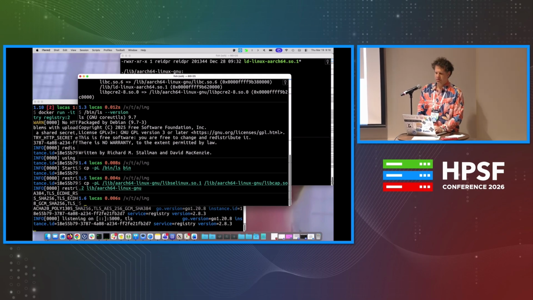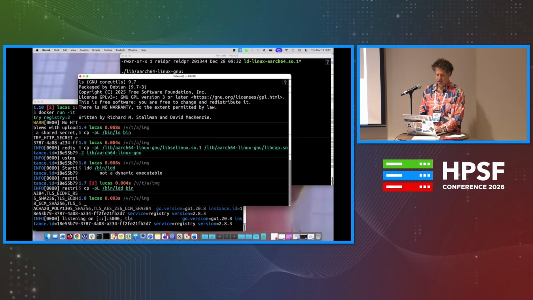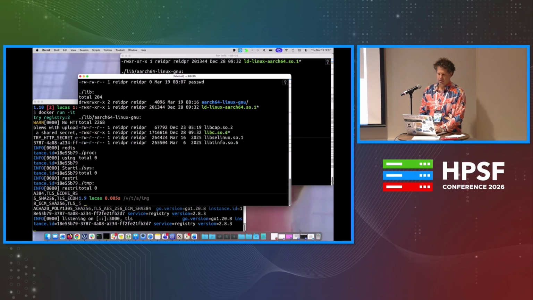Okay, and then some basic debugging tools might be useful. But specifically, what libraries does ldd need, right? Oh, it's not a dynamic executable, which makes sense because if your shared libraries are broken, you want to be able to debug it, right? So that's thoughtful on the part of the Debian people. But let's put that in the image, and that'll help us debug things, possibly. Right. So we'll put that in the image. So now if we review,